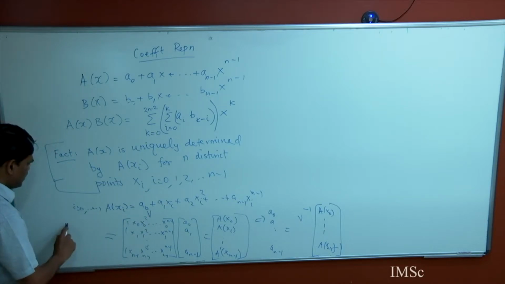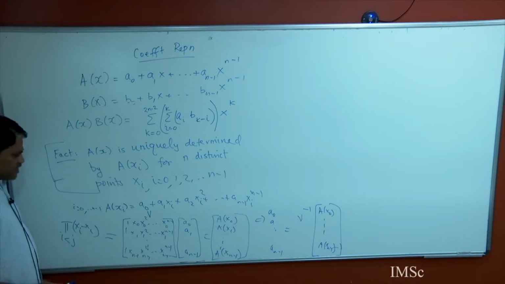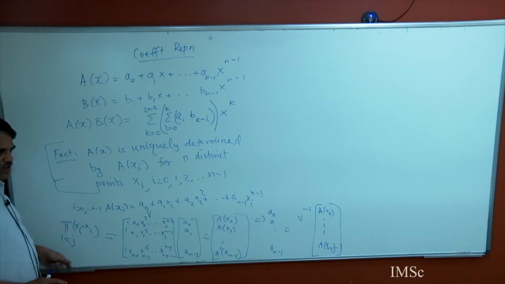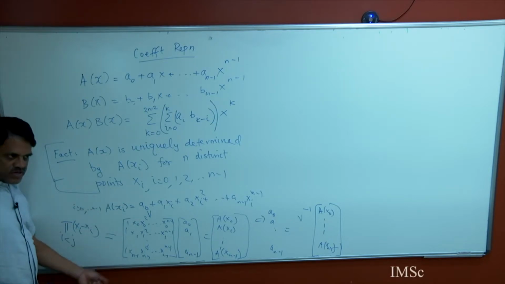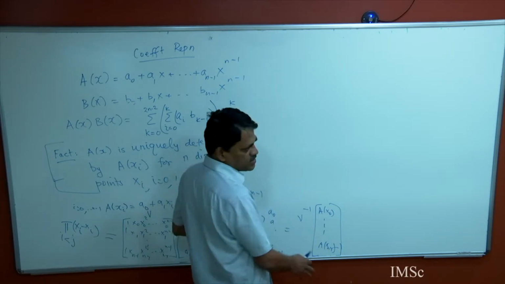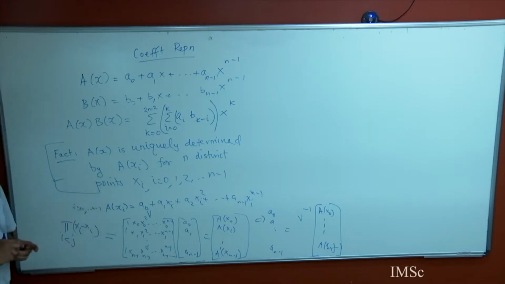It turns out this is basically the product of (xi minus xj), for i less than j. Since all the xi's are distinct, all these terms are non-zero, so this product is non-zero. So the determinant is non-zero, so the inverse exists. So this is the way you can compute the ai's. I have not discussed the computational aspect yet, we'll come to that, but for now I am just trying to argue this. So all I am saying is another way to represent your polynomial is by